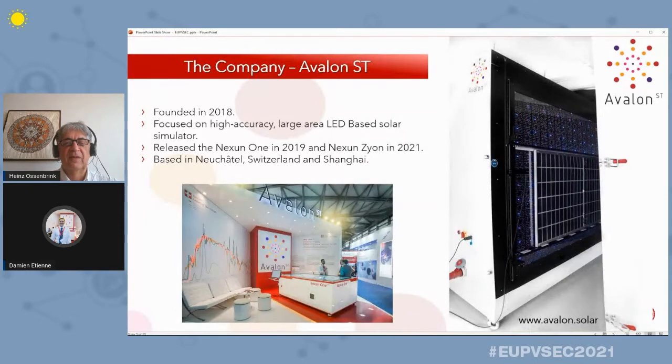So quickly for the company, we were founded in 2018 with the goal to produce LED-based solar simulators. As we see, xenon, which has been the main source for solar simulators for a very long time, now starts to have limitations, especially in terms of pulse length, which we will see a little bit later in the presentation. That is becoming a challenge. We released our first machine, which is a very high-end system, in 2019. The next one was a technology presentation to prove that LEDs can be better than xenon. And now we just released the Nexon Zion, which is